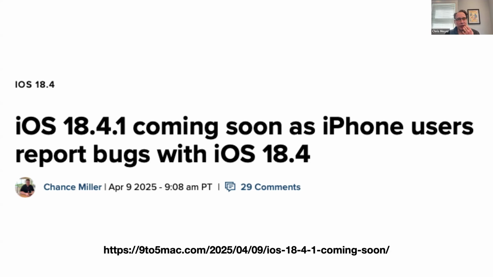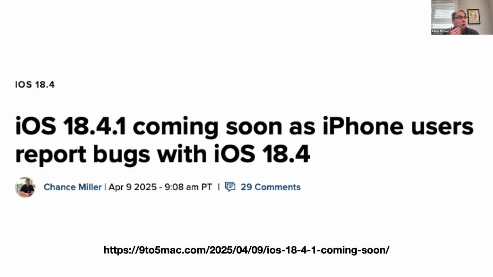Bunch of people on Reddit and on X. The now playing information on CarPlay no longer shows up. Linkage connections, connecting and disconnecting over and over again when using wireless CarPlay. One Honda driver says it takes plugging and unplugging 5 times and restarting the car to get CarPlay to connect since updating to iOS 18.4.